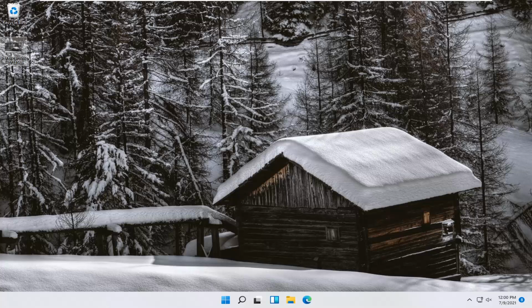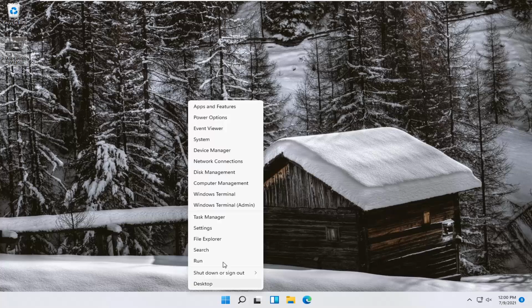In today's tutorial, I'm going to show you guys how to troubleshoot if you're having a problem with search and indexing on your Windows 11 computer. This should hopefully be a pretty straightforward process, and without further ado, let's jump right into it. So the first thing I recommend doing would be to right click on the Start button and select